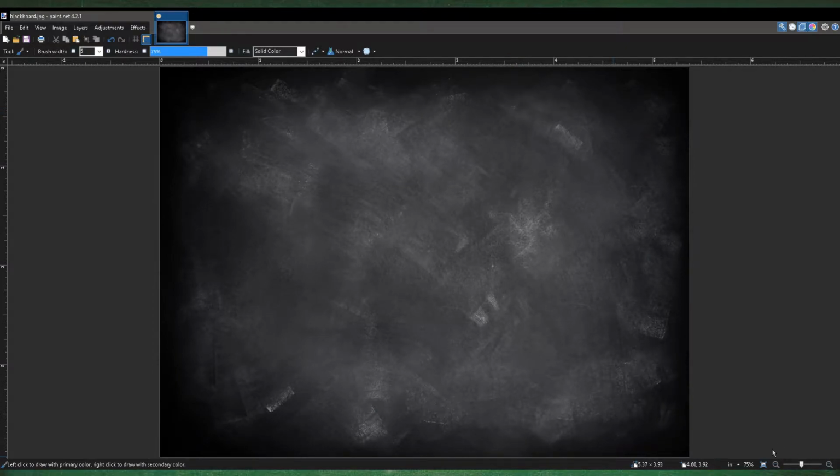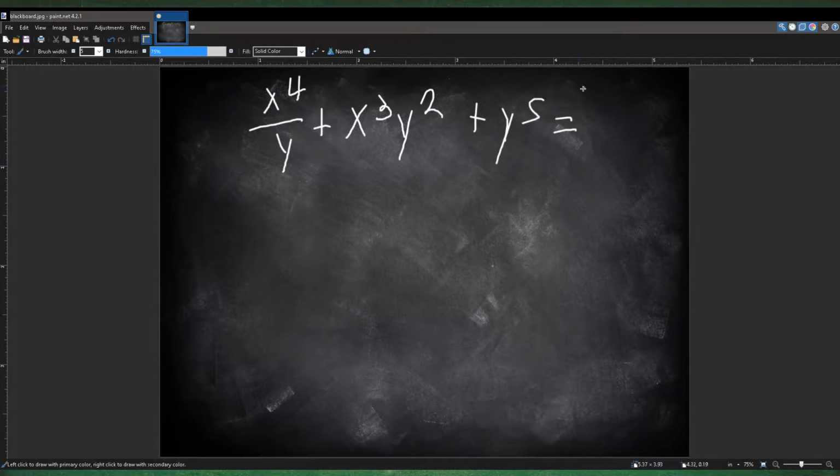So that's one example. Now let's try another example so we get more familiar with it. So let's say we have x to the power of 4 divided by y, plus x to the power of 3 times y squared, plus y to the power of 5, right? And let's say we have equal to 5y. Let's actually not do the derivative of this. This seems kind of ugly. So let's just try